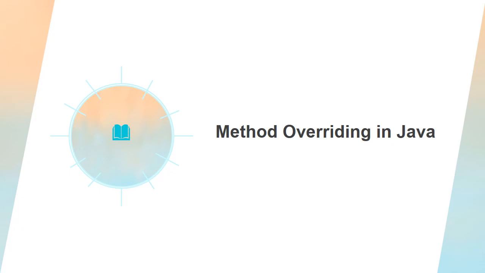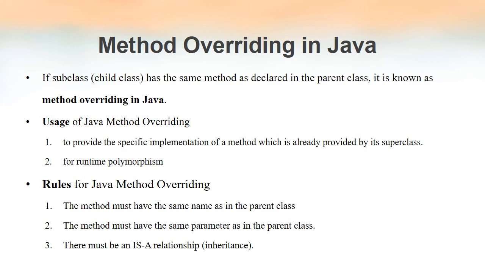Next we will see one of the most important topics, or most attractive features in Java, that is known as method overriding. We have discussed method overloading in the previous classes, but this is method overriding. It is completely different from method overloading. We will start with the definition for method overriding.